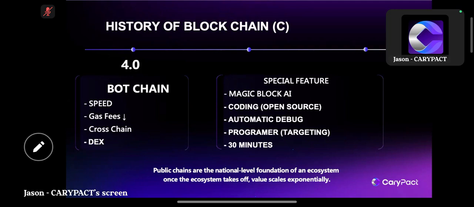The second thing is, can you imagine the gas fees that we are collecting? That's going to be a very big amount coming up on each project that is developed. So when we offer to the developers and programmers, whatever gas fees are collected from the ecosystems created by them, 80% of the gas fees will be returned back to the developers. This is another selling point for them to develop a project in our public chain, which is our blockchain.